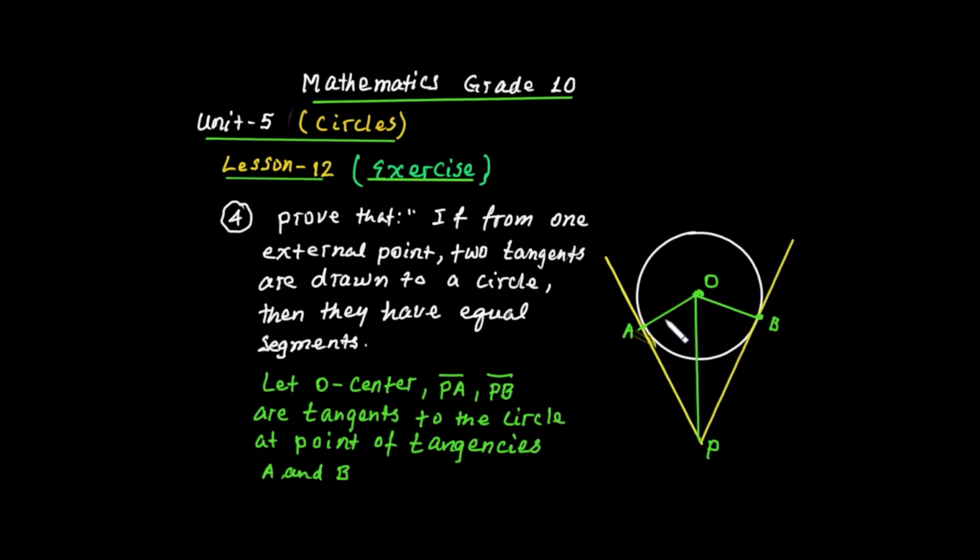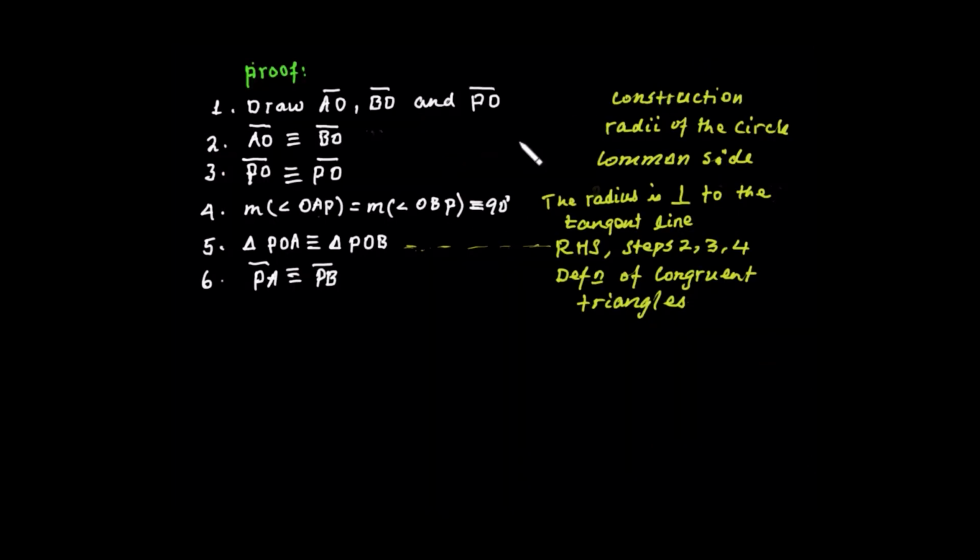ስለዚህ ሁለት ኮንግሩዌንት ሳይድስ አላቸው። ሌላ የምናውቀው ነገር the radius is perpendicular to the tangent line at the point of tangency፣ ይሄ ራይት አንግል መሆኑን እናውቃለን። ይሄኛውም እንደዚሁ ራይት አንግል ነው። ስለዚህ ራይት አንግል ሃይፖቴነስ and one side theorem ሁለቱ ትራያንግሎች ምን ይሆናሉ? congruent ይሆናል። congruent ከሆኑ the corresponding sides PA and PB will be congruent። እንግዲህ ስቴፖቹ እነዚህ ናቸው። እነዚህን በሚቀጥለው ፔጅ እንጻፋቸው።